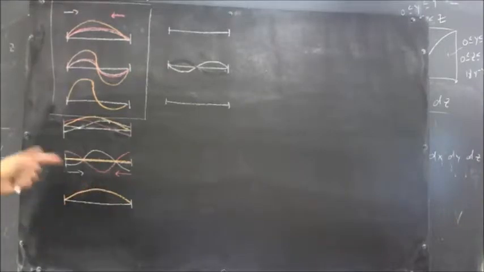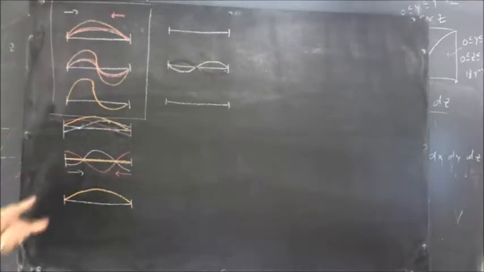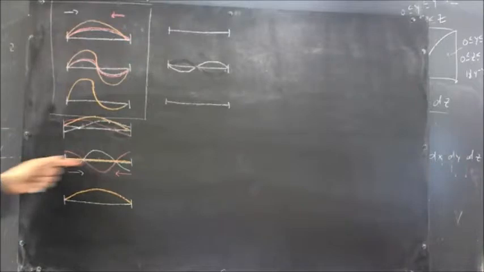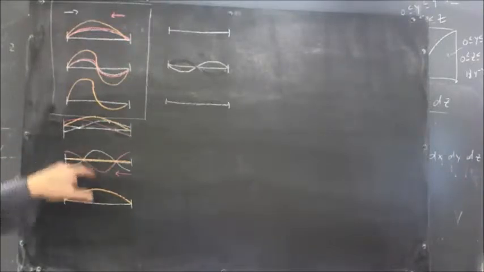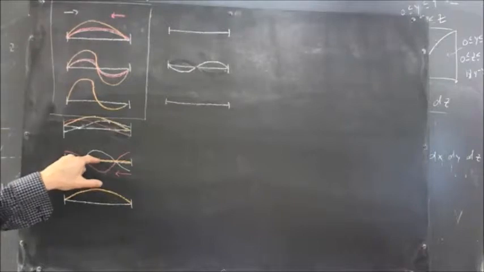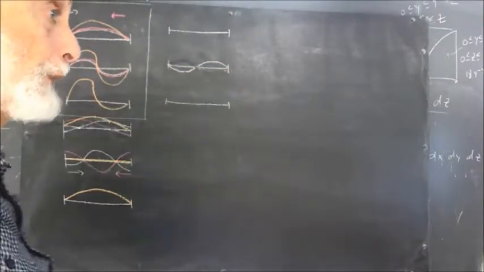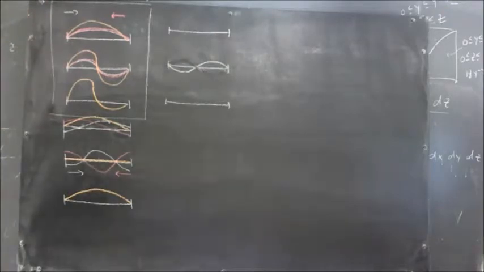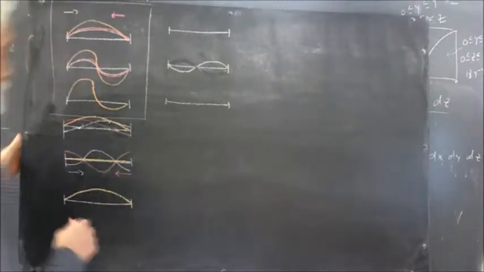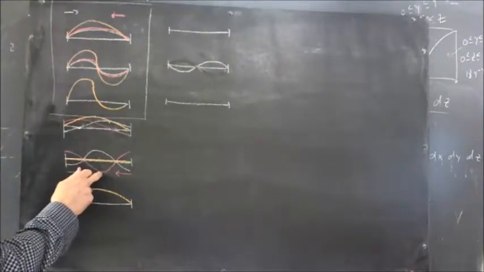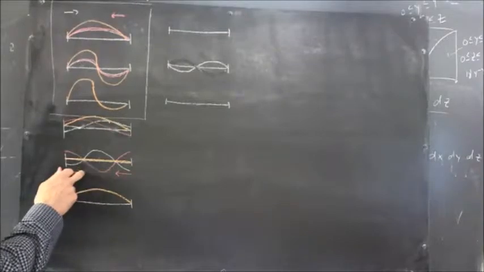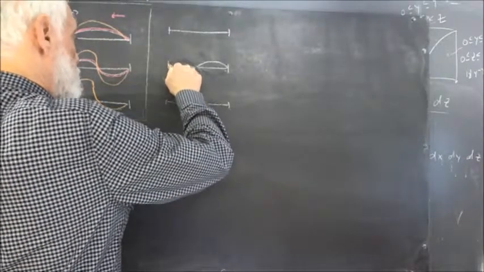Now, if we allow the waves to move another quarter wavelength of the shorter wave, it should be clear that the 0 point here is going to move to the middle of the white wave, and we're going to get this. So what are we going to get for the red wave? You should pause and sketch that yourself, but I'm going to go ahead now, and you should have already paused. It's clear that the red wave, the valley, is going to move over to here, so that the red wave is going to